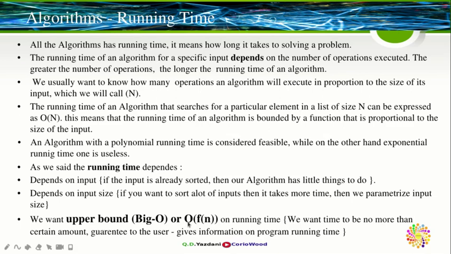So that's how we write this. We want an upper bound, big O, on running time. We want the time to be no more than a certain amount guaranteed to the user, which gives information on program running time. As I said before, if I'm going to put a, say, CoreIWOod operating system, and I'm going to bring it to you all as a computer scientist,